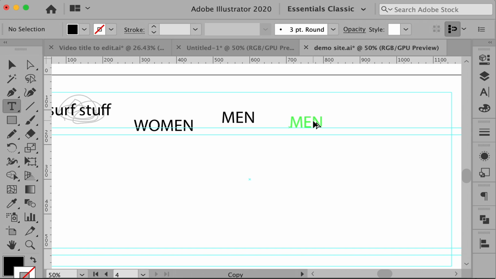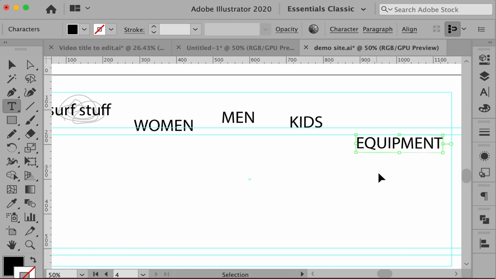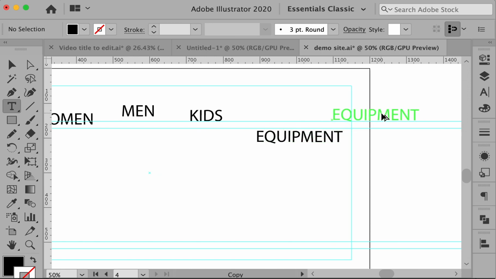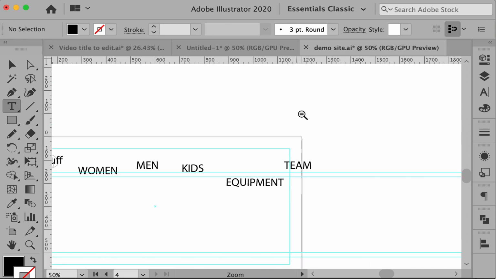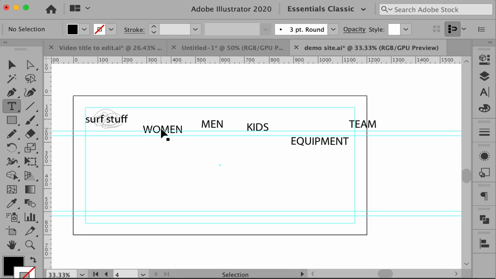and I'll put in children, or kids, I guess, and then I'll put in equipment, and then team. Okay, so now I want to fit all these in here, and what I'll probably do is